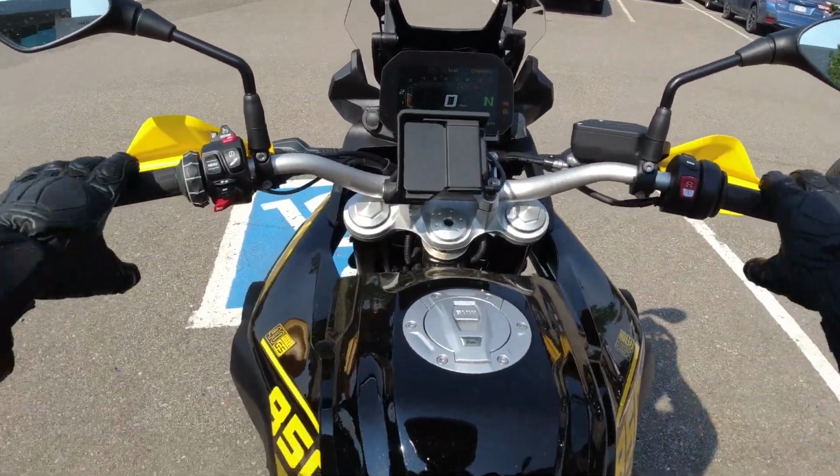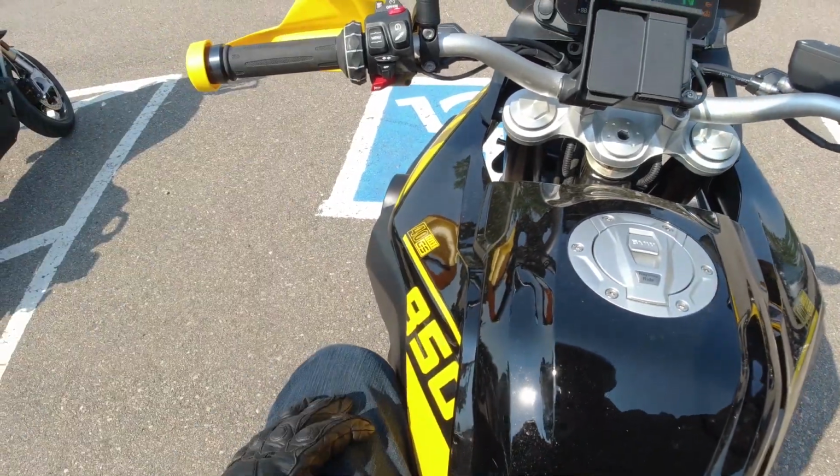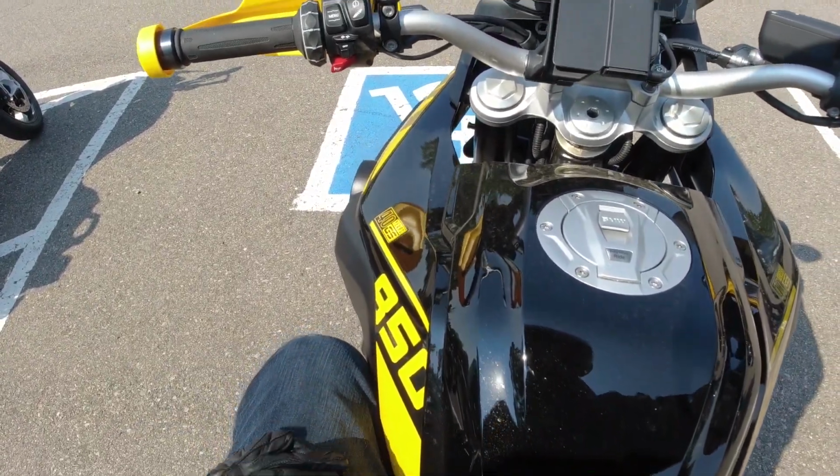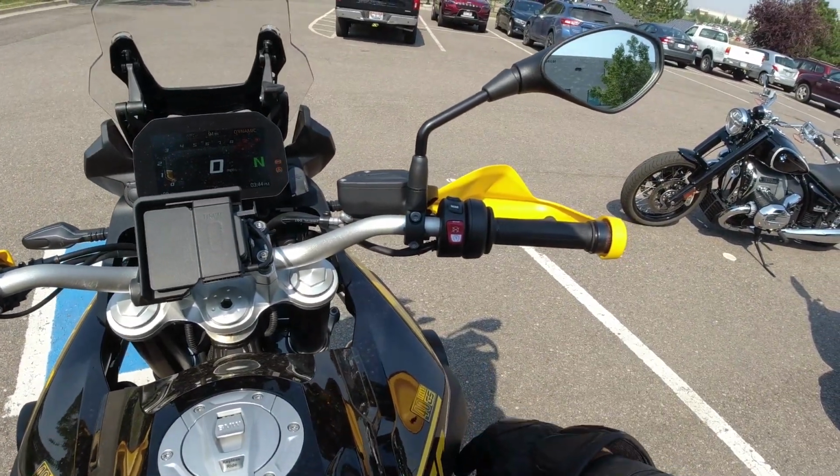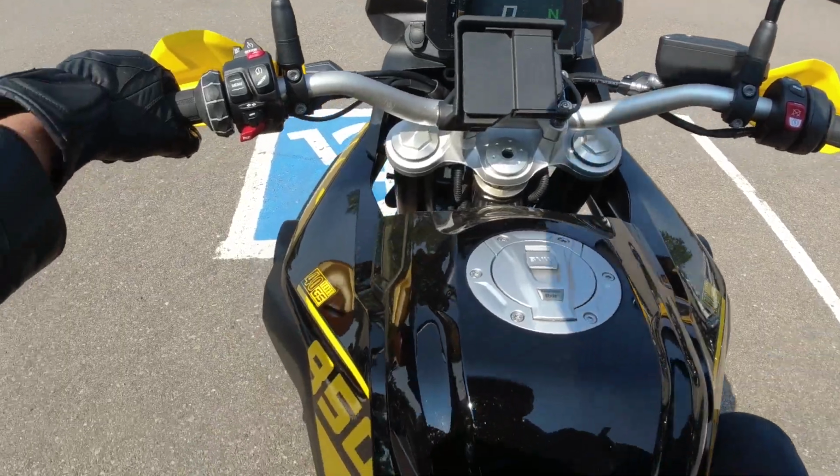That's awesome. All right, so as far as the ergonomics, ooh, look at that. I love that. My knees fit right in here. And as a matter of fact, I could be a little bit taller. So I'm actually 6'4",